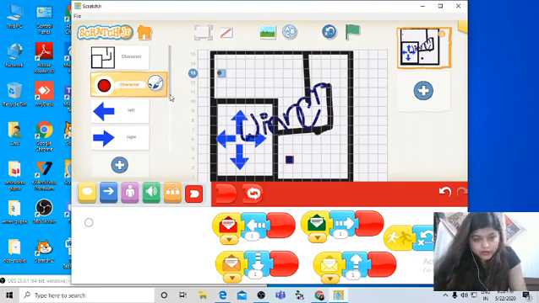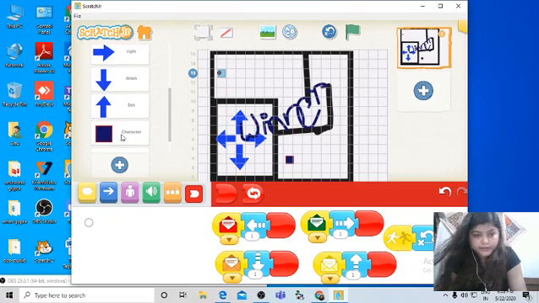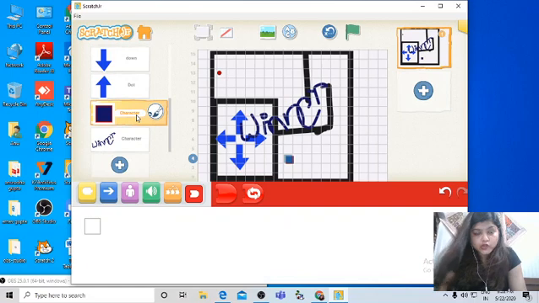Now we are done with the code associated with dot, left, right, up, down, and dot. So the moment your red dot touches the blue box, some message will appear. So what code do you need to write?